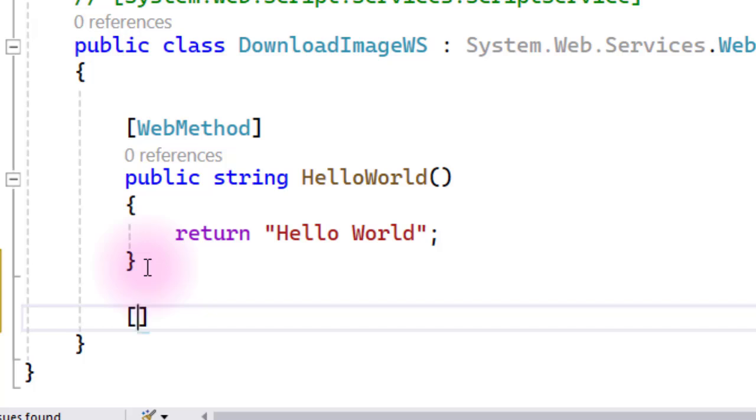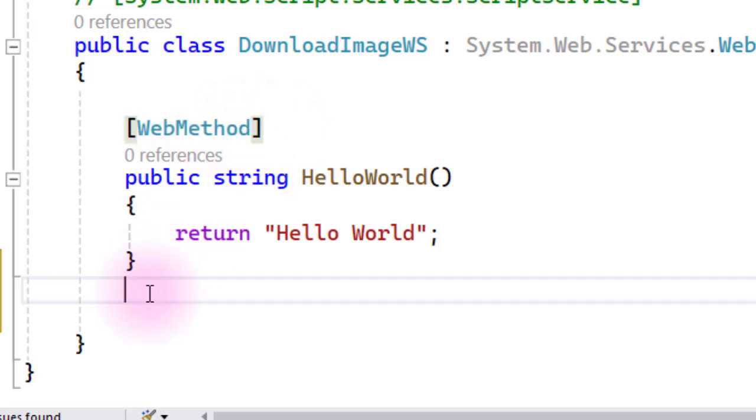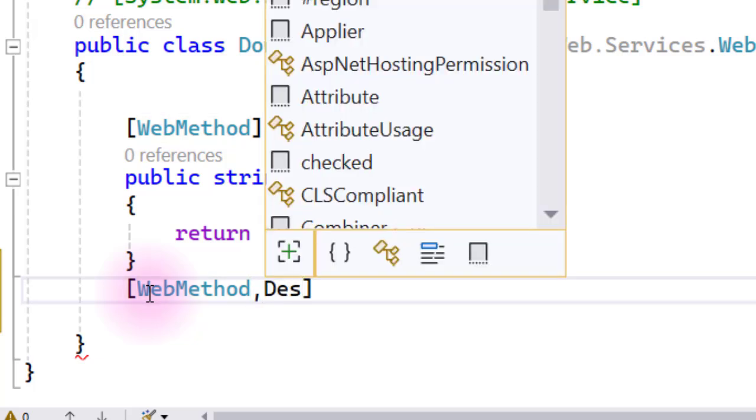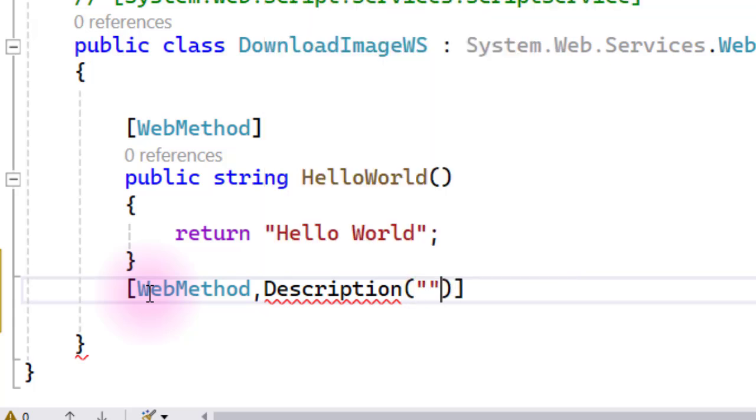First we just copy this web method part, and for MTOM we also give a description here, and within brackets we write get image content. Now this is my description.